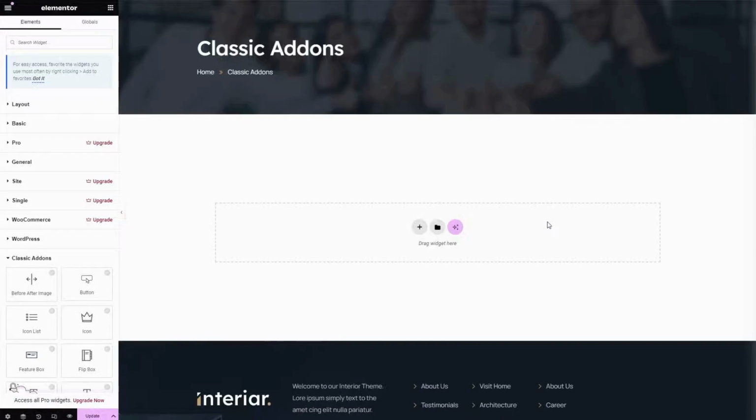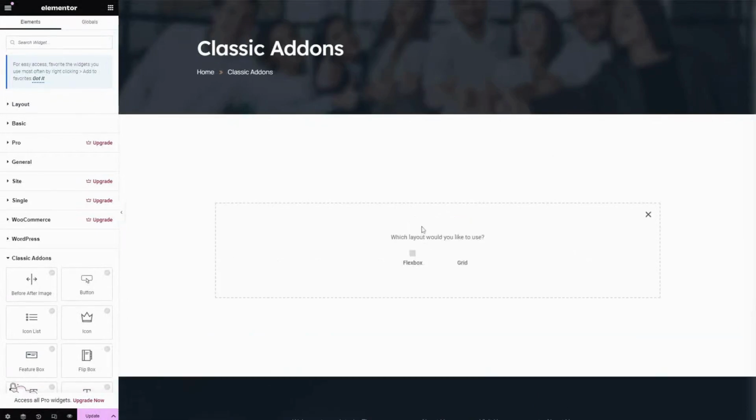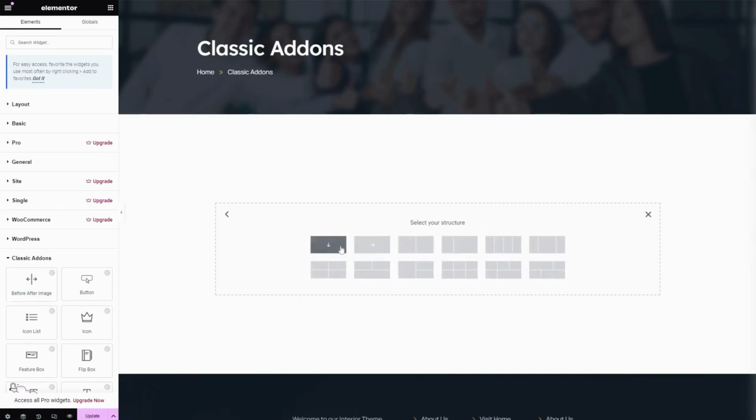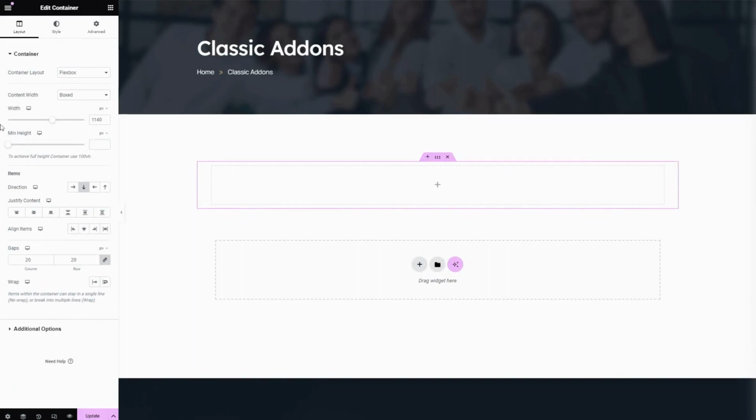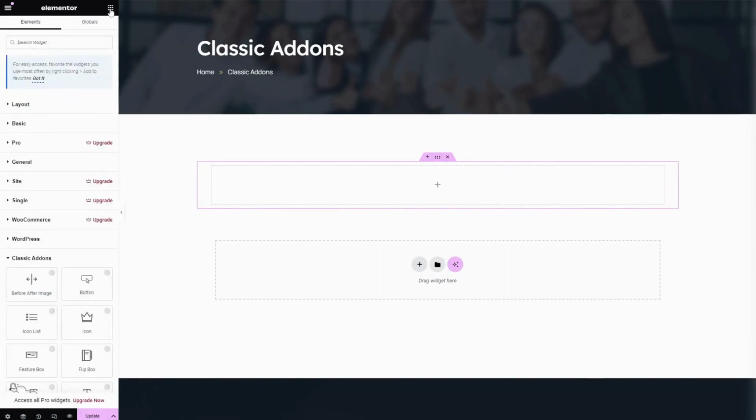Now let's explore how to use a service widget of a classic add-on plugin. First, open the Elementor editor and click on the plus icon to add a new section, or you can add it to your existing section. And here you can choose your preferred layout, and in the left sidebar click on the widgets options and search